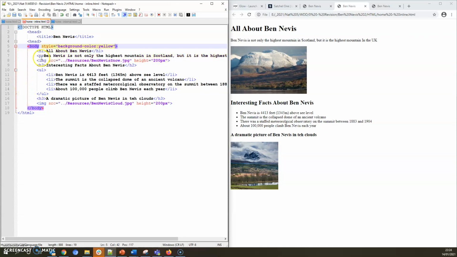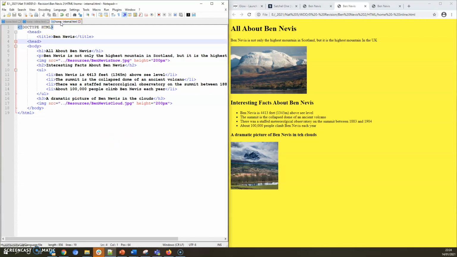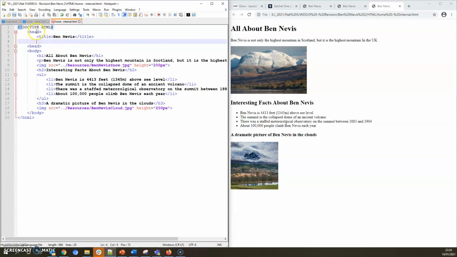So I've just added style equals background color yellow here. Save my notepad file and go and refresh my web page, and there we go, I've changed the background color. Simple as that. You've done this before. Additionally, back in 3rd year, if I look at the next web page, if we look at the internal styling, that's where you create a style section up in the head. So in the head section, if you add in